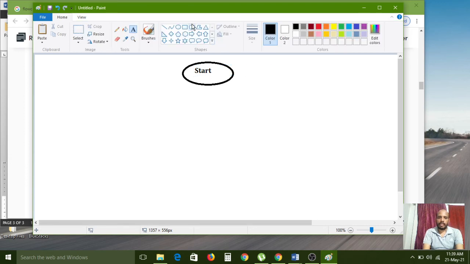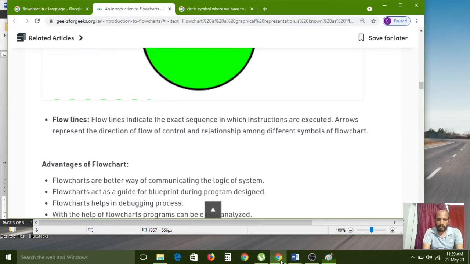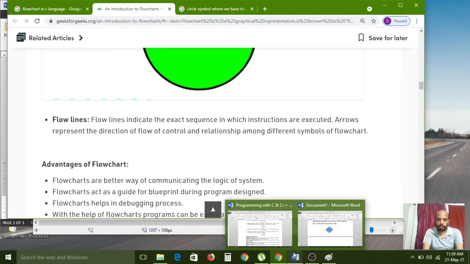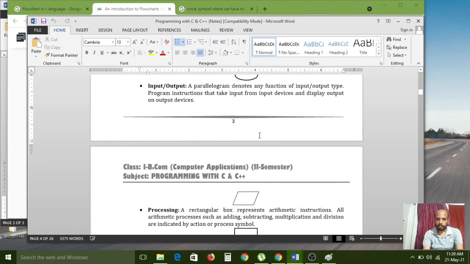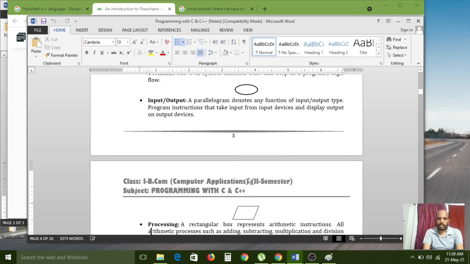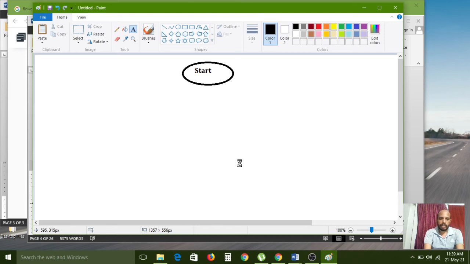Next, collect the inputs. For collecting inputs purpose, here I am drawing one thing. Yeah, for collecting input, I am just copying and simply pasting here, because we don't have that symbol in Paint, so that's why.